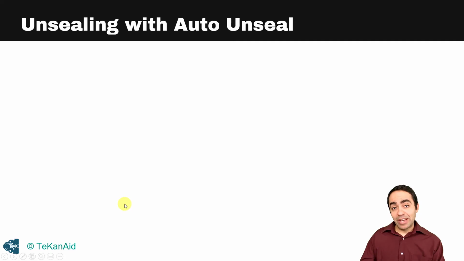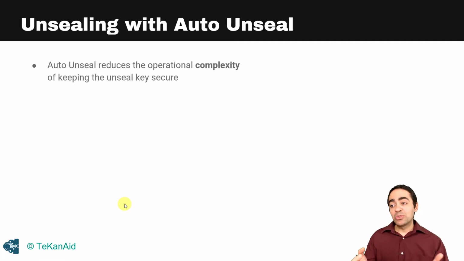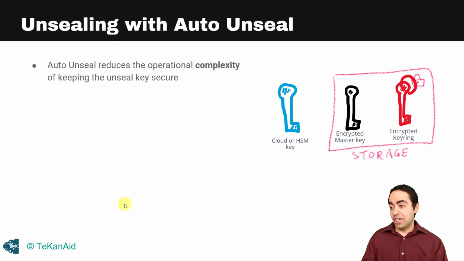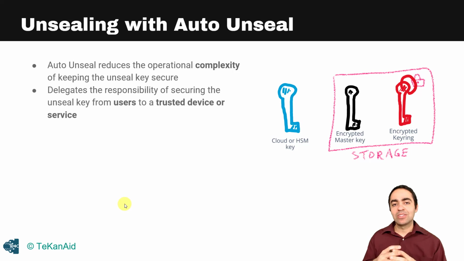Which brings us to the next topic, and this is auto unseal. Auto unseal reduces the operational complexity of keeping the unseal key secure. What we do with auto unseal is we use a cloud service or an HSM, hardware security module, and what that's going to do for us is automatically unseal Vault for us, instead of having the custodians